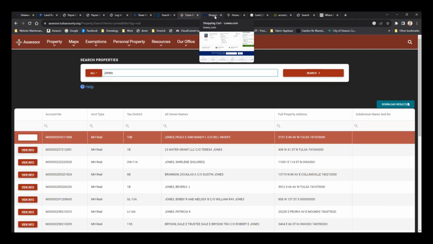This is amazing because we are starting a historic district, and we need to find out not only the owner of the property, but where the owner lives, because most of it is rental. That's the best thing about this, just like we saw that one that said their address was in Muskogee. It's where they're mailing the tax bill to get paid, so it's going to be the owner of the property. Excellent. So that was Tulsa County.